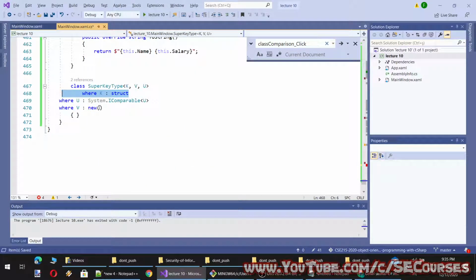I can use such limitations, such constraints, when defining a class. Can I define multiple constraints? I wonder that. Let's see.